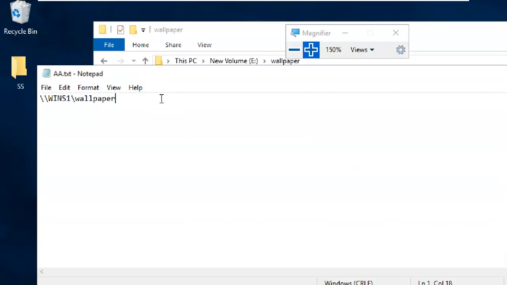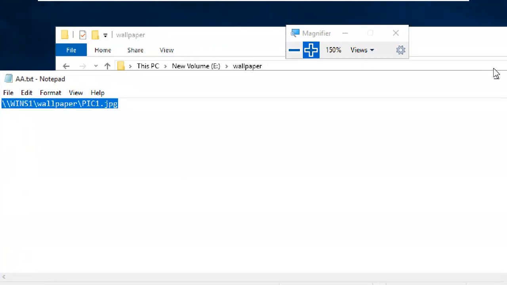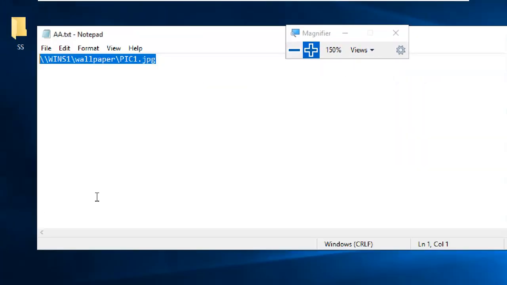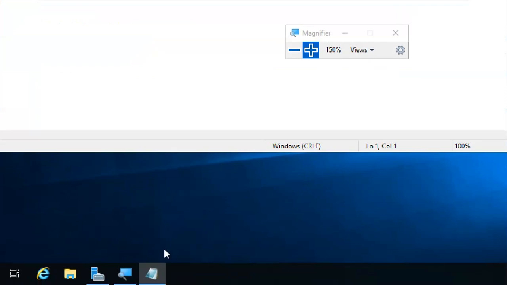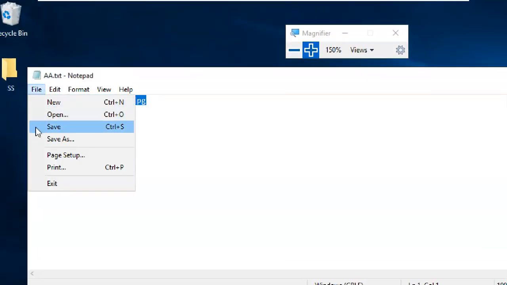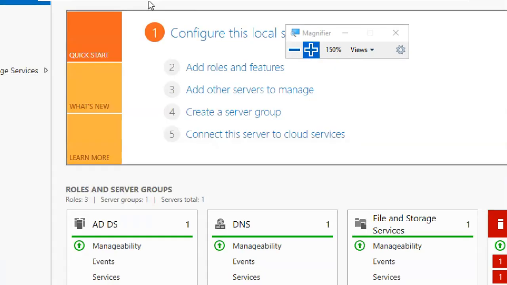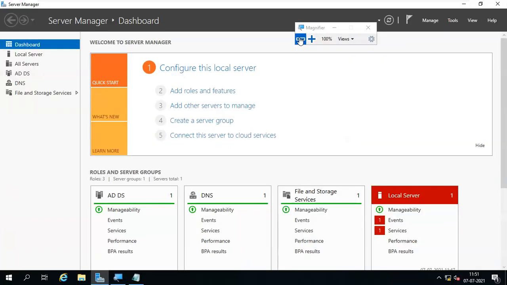Here I have already copied the network path, right? I'm pasting here. After the path I put a slash and paste the name like this. Okay, so this is the important one. So I'm going to close this folder and keep the notepad on. Better to save it. So the picture part is completed.